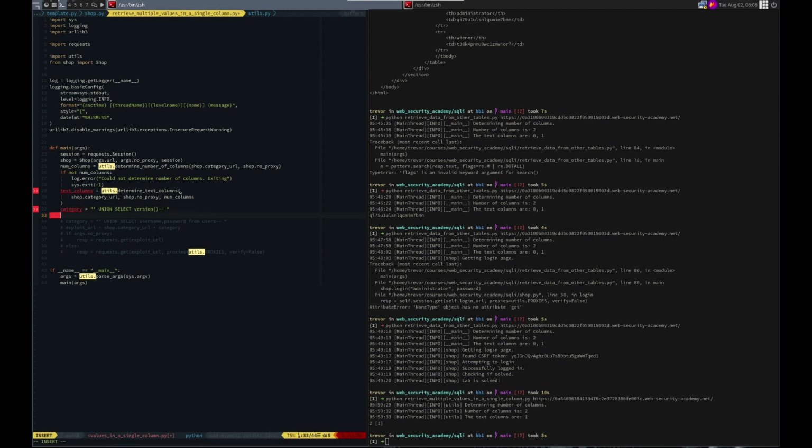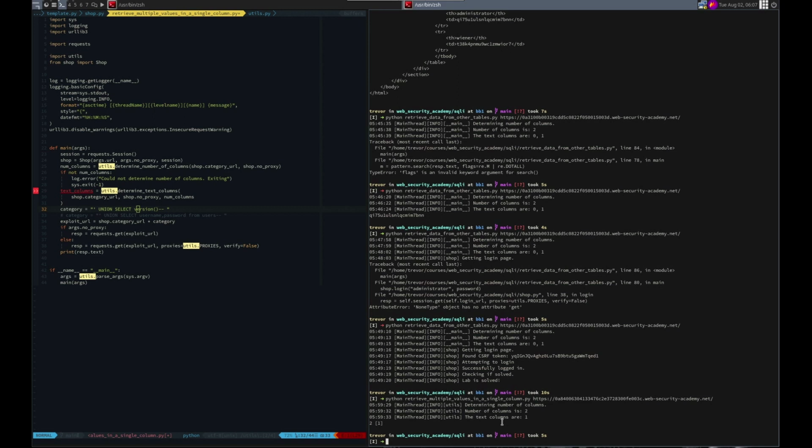And then we need this. And let's print resp.text just so we can view it. All right. When we do, right here, how many columns? We have 2 columns and then text. So we need,